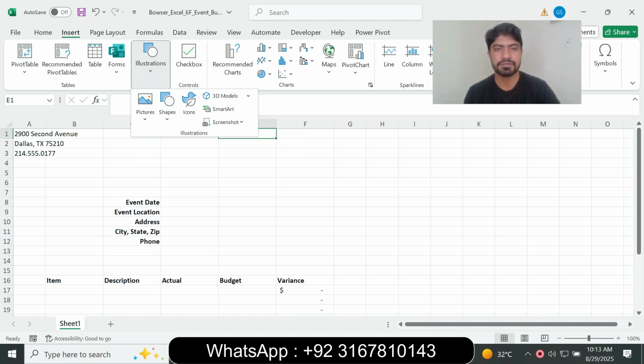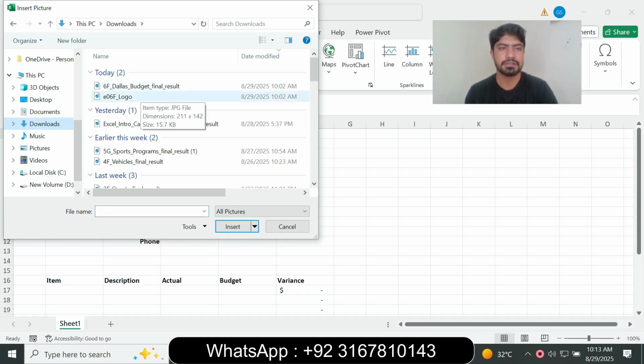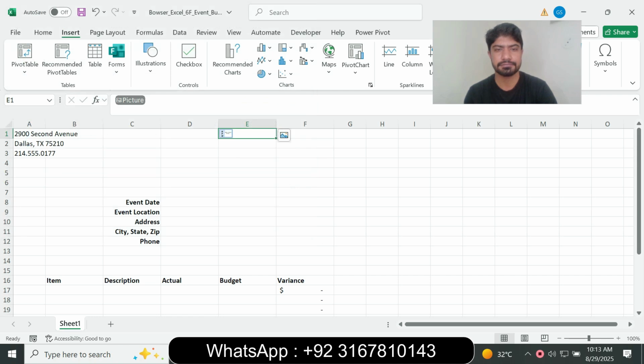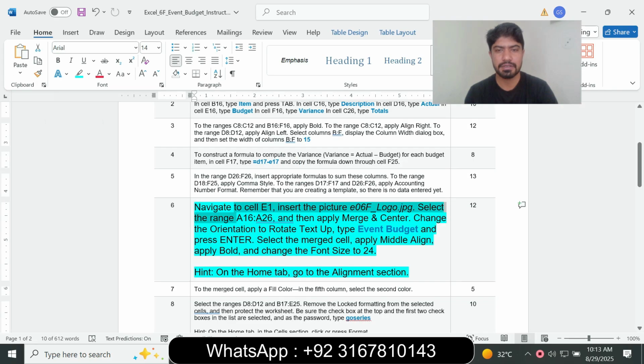and this device, go to the downloads and insert the 6F logo, click the insert and insert the picture. And next is A6 to A26, apply the merge and center,